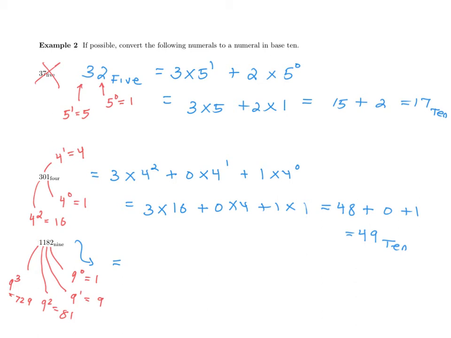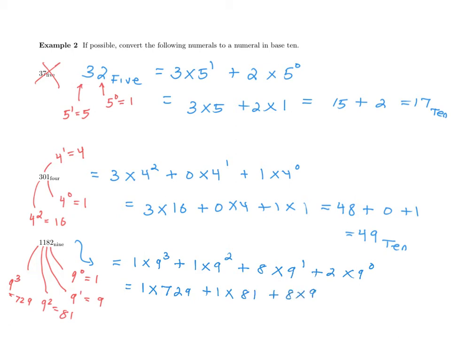Starting with this, this is 1 times 9 cubed, plus 1 times 9 squared, plus 8 times 9 to the 1st, plus 2 times 9 to the power of 0. If we simplify this, that's 1 times 729, plus 1 times 81, plus 8 times 9, plus 2 times 1. So that's 729